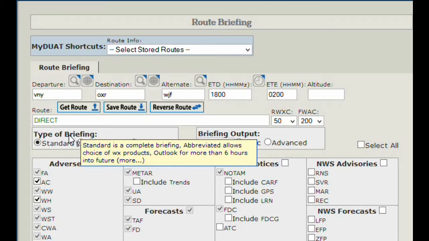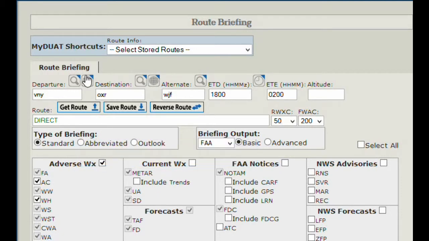that point. So that's pretty much the same as your telephone briefing, your 1-800 weather brief, and the rest of it really follows the same sequence there as well. So you're just getting it on the internet, getting a whole lot more information than you would be on the telephone there. We've already added your departure and your destination, and going towards the coast, and we want to add